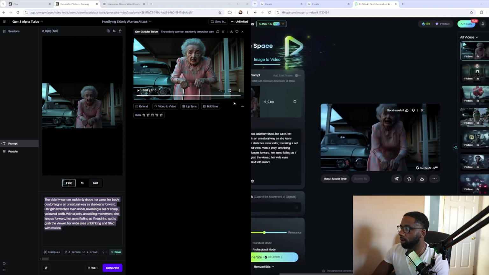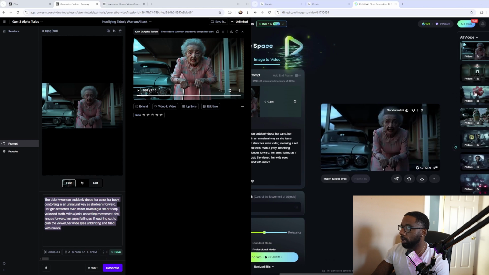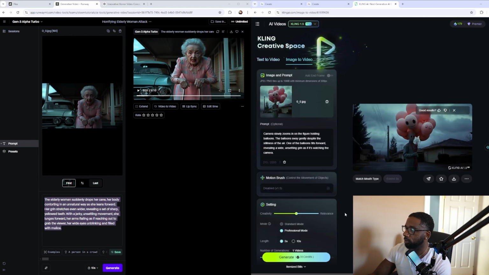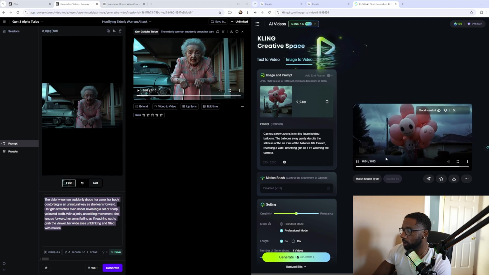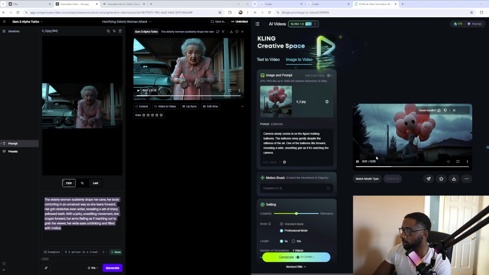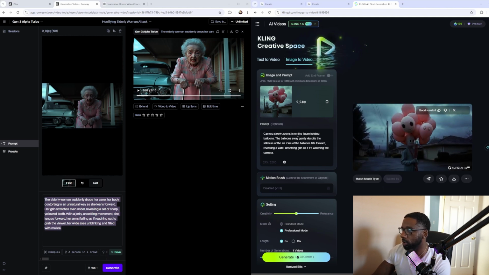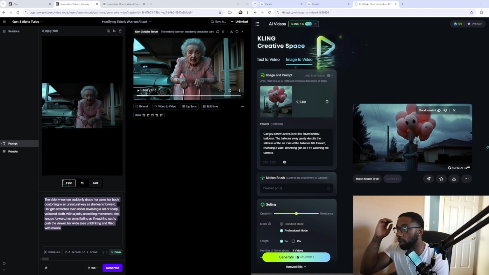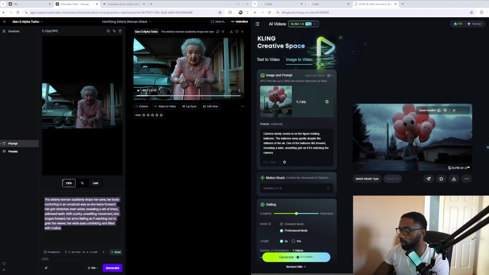But if you look here, we got this guy, the balloon guy. I'm gonna get to Pika in a minute, but we'll see the balloon guy here. So this is pretty cool. I didn't ask for much. It says camera slowly zooms in on one figure. Now I did this same thing. I'm gonna show you guys